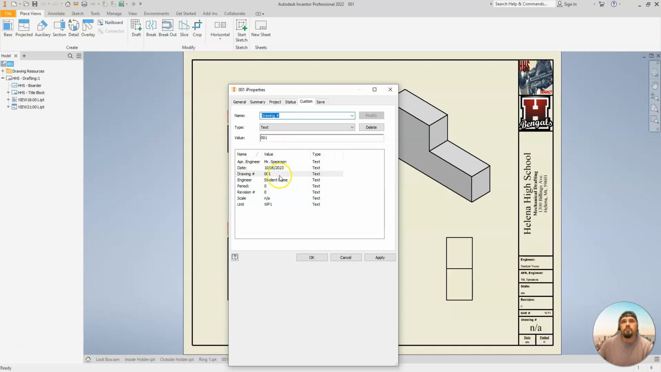I'm going to say, okay, my drawing is what? 001. My student name, I'm just going to put TA. The period, I'm in 0 period, right? My revision, I don't have any revisions, meaning I haven't altered this. I haven't changed it. Okay, my scale, what was it? It was a 1-to-1. It wasn't a 1-to-2, though. It was a 1-to-1. Now, the unit that I'm in, a WP1. Remember, weekly progress number 1. So this is good. I need to hit